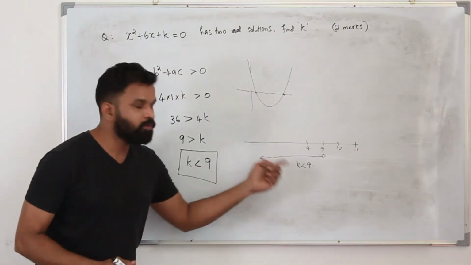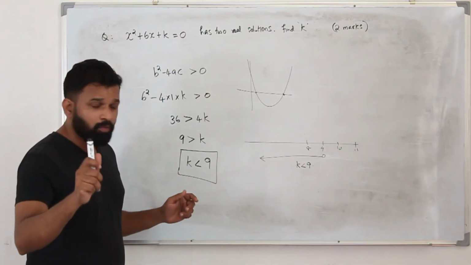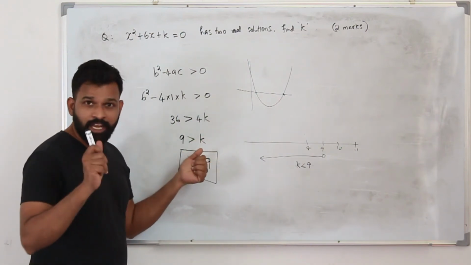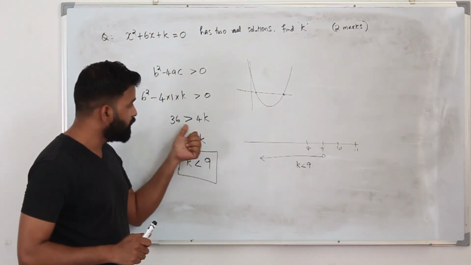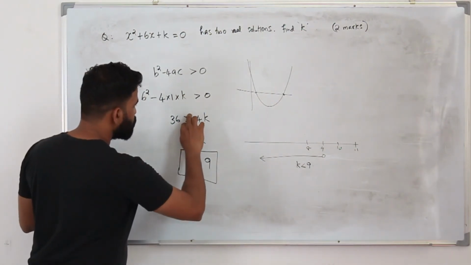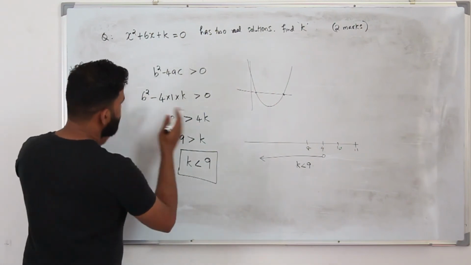These are all the values of k. That's it. Here, one more thing, you need to be very careful. Whenever dealing with inequality, when you divide or multiply both sides by a negative number, you are supposed to flip this sign. Let's say, for example, you got